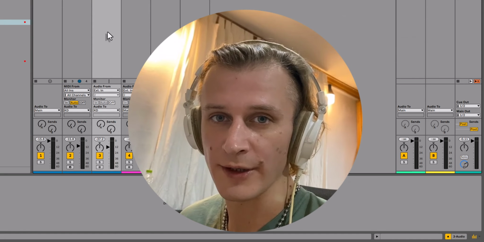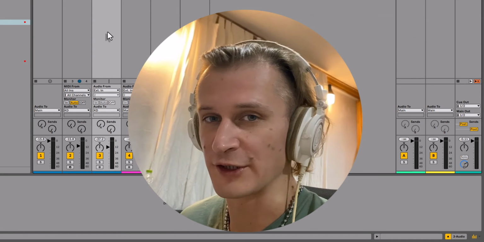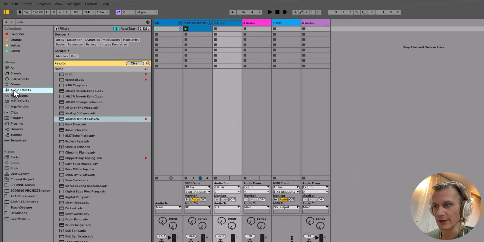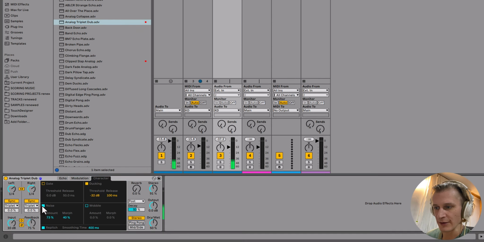Okay, for now let's do a much more professional technique of the rumble. So what do we need? In audio effects, find Echo and the preset, name it Analog Triplet Dub. Drop it to your audio track. Turn the noise off, threshold all the way down, feedback somewhere around 43–44%,